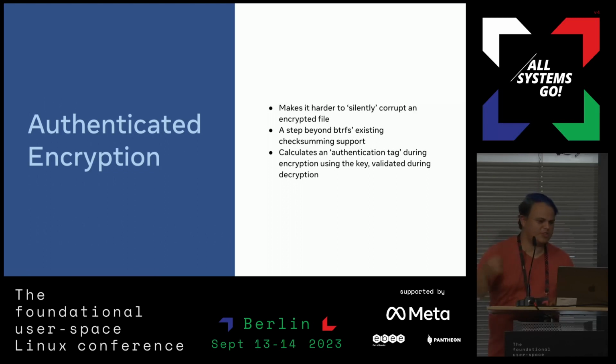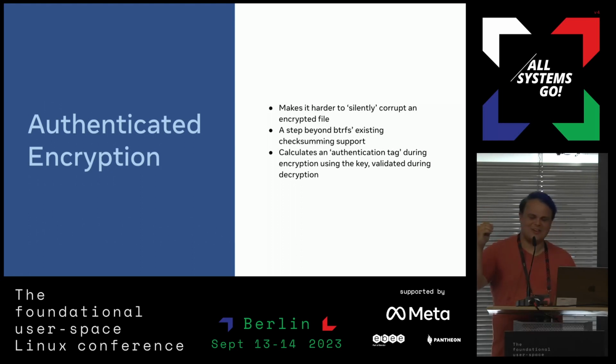Other file systems currently don't have an easy way of storing authentication tags, and this is a uniqueness of Btrfs that will allow it to store it more easily. You can also do authenticated encryption, I believe, with LUKS. I'm not an expert in LUKS, but that involves another device mapper layer, and I don't perfectly understand how those work together. So more alternatives, more flexibility